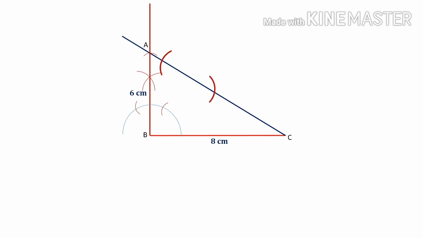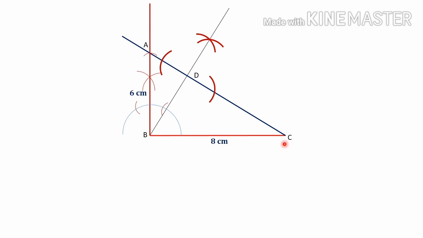So this way it will come. Fixing your compass at B, take your compass and fix it here. You can reduce the length, or if you want to keep the same length, you can use it as radius. Fix here and draw one more arc upward, and fix the compass here and cut that arc. And these two arcs are intersecting at this point. Join this point to B. So the line segment is there and it is meeting AC at D.